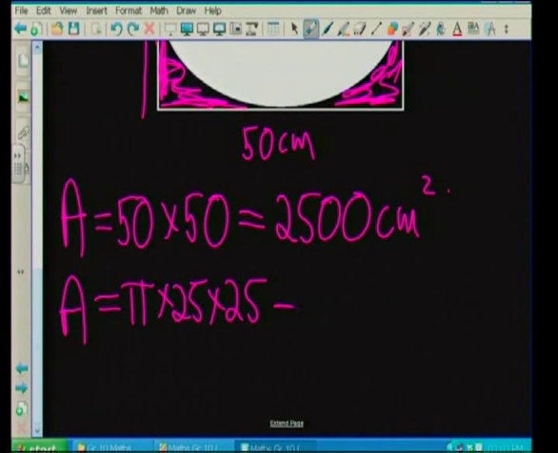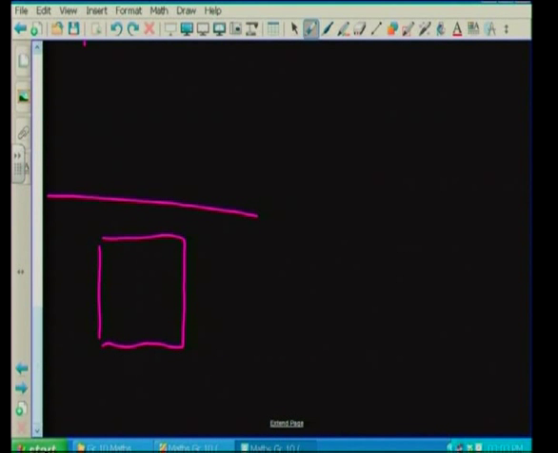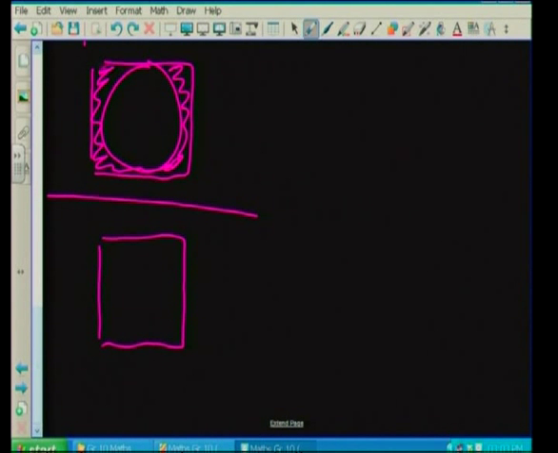Now, I've worked that out. That is 1963,5. Now, let's just talk quickly about what we want. Our entire sample space is the big block. We want to know what is the possibility that I will fall into that pink area. Now, I don't know what the pink area is yet, but I can work it out because I know that the entire block is